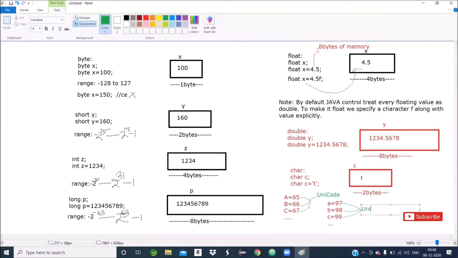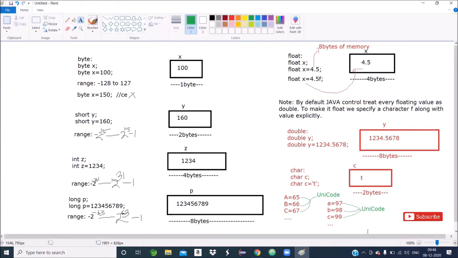So uppercase A value is 65, whereas lowercase a value is 97. Here we observe there is a clear difference between an uppercase character and a lowercase character. That's why Java programming is case sensitive. I hope you got the clarity. Uppercase and lowercase characters are completely different.